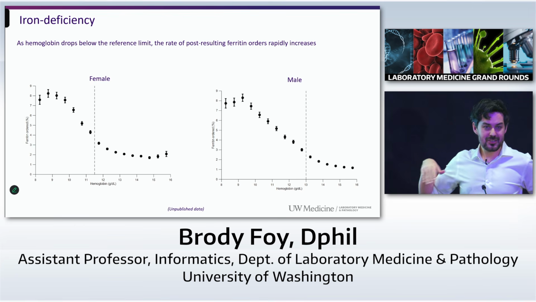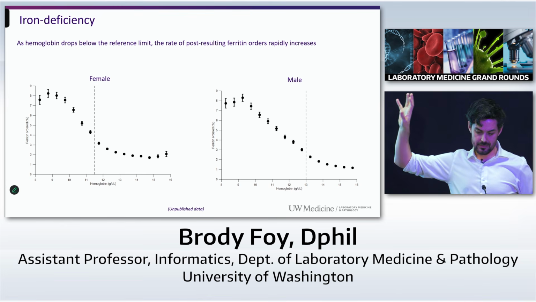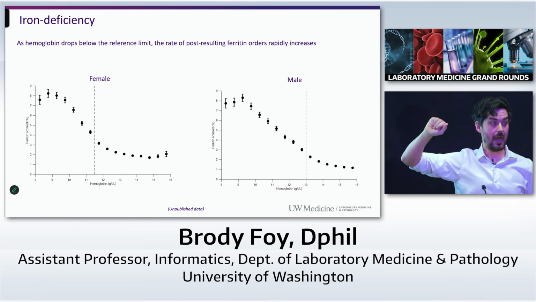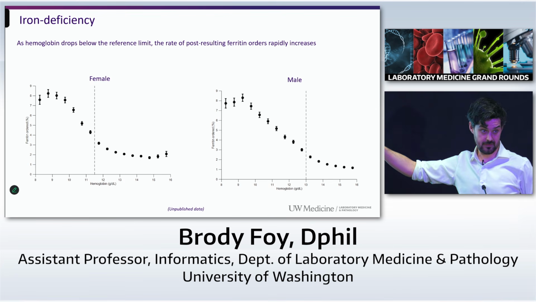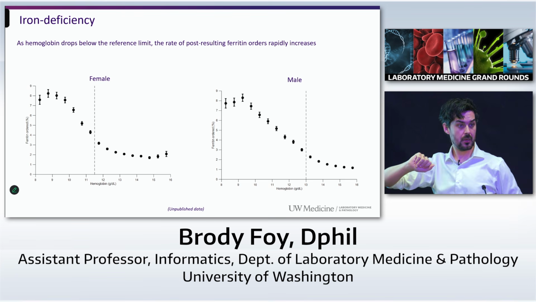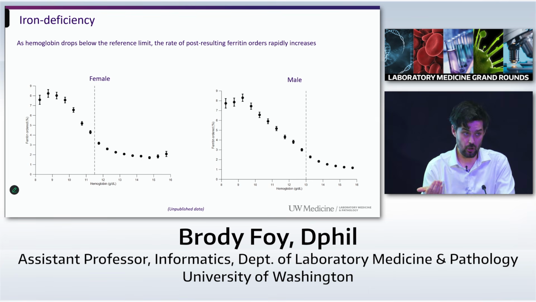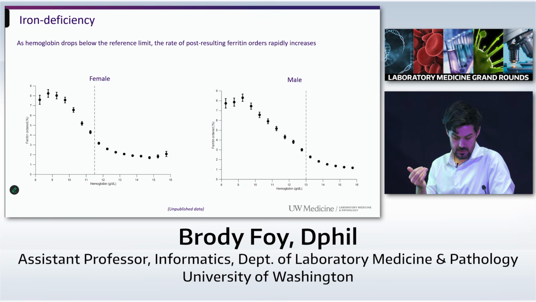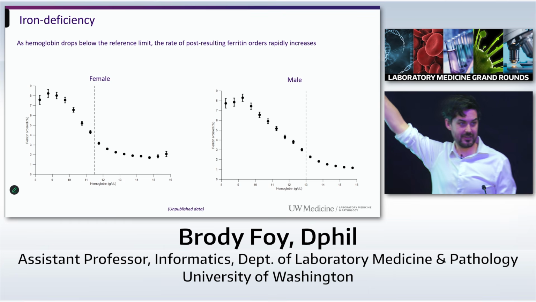This is unpublished data. It's a little bit raw. It's from the last week, so I'm not going to make strong claims on this, but this is the rate of ferritin ordering after a CBC has resulted at UW in outpatient testing. So you order a CBC, but don't order a ferritin at the same time. And after the CBC or the hemoglobin results, how often does the doctor then add on a ferritin? And as you can see, for both men and women, as you approach the reference interval, the dashed line, the